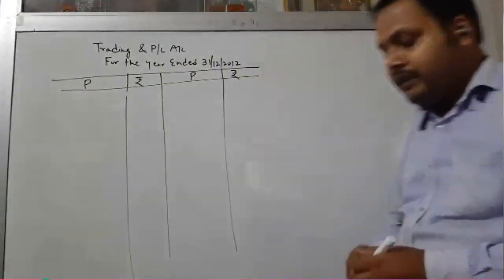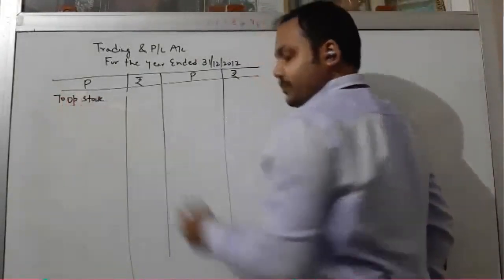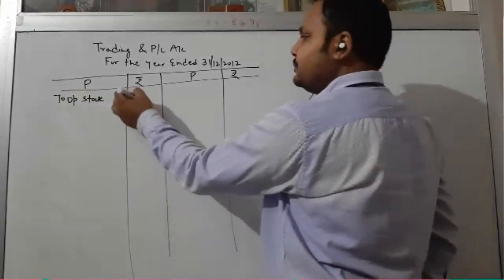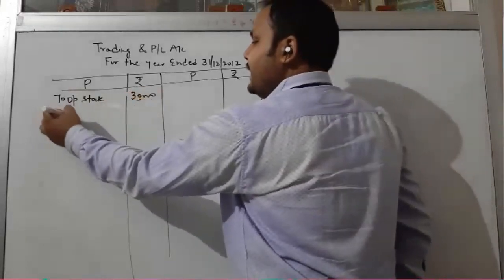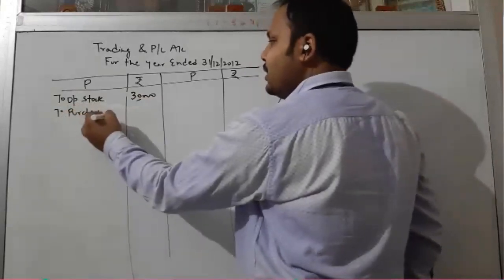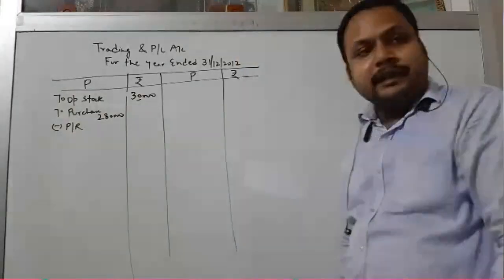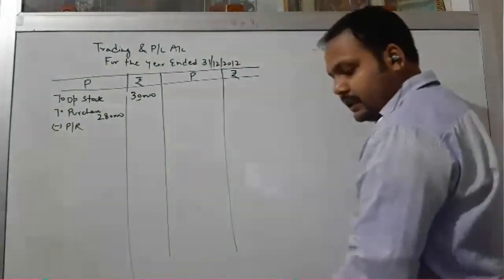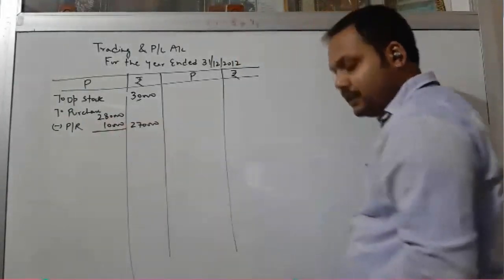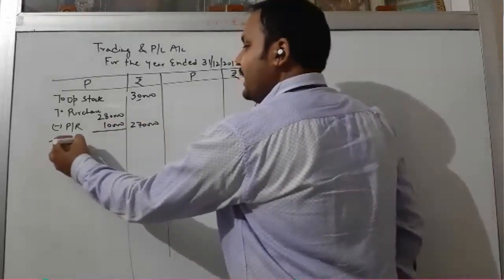So first of all, you know very well, we write down the opening stock. To opening stock, according to the question, is 30,000. Thereafter we write down the purchase. So what is the amount of the purchase? It's 2,80,000 minus purchase return. This is also known as return outward given in this question, that is 10,000. So 2,80,000 में से 10,000 minus होगा, so it will be 2,70,000. And all the direct expenses like carriage